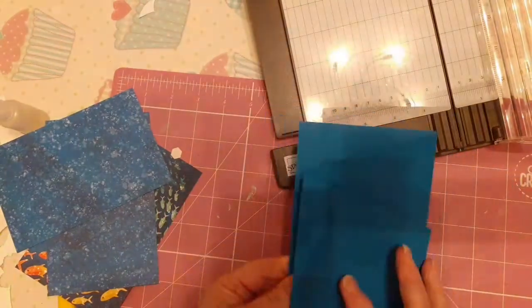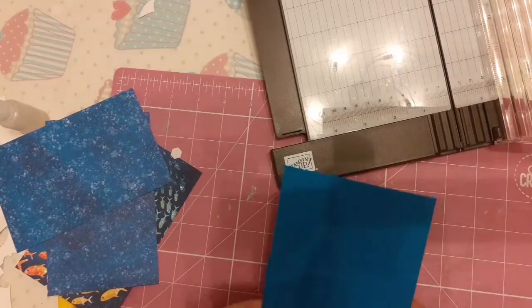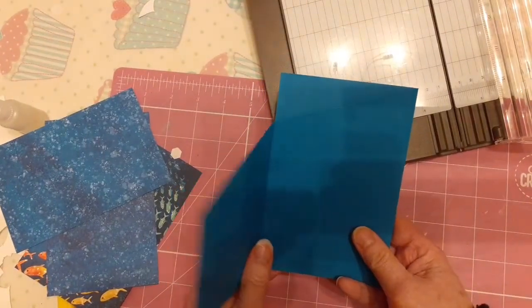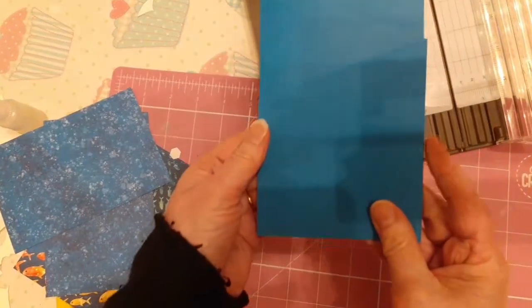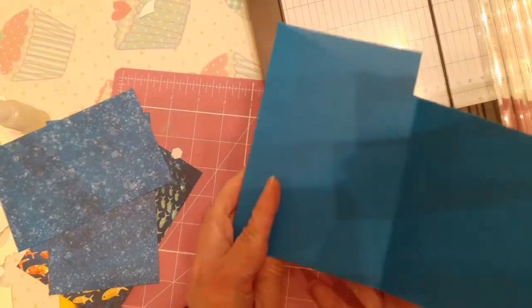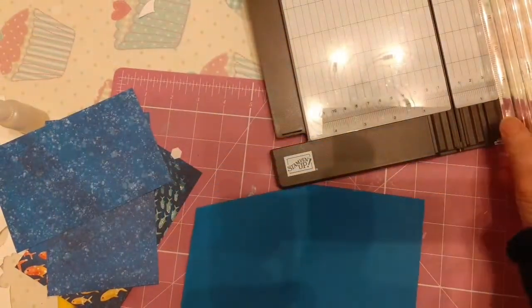Now, for the first part of the card, did I have it? I don't know whether I want it. I want it the other way. That's it. So I've done it the other way now, so that when you open it, that's right, opens that way, and then you can open that like a normal card as well. So I'm going to start at the back,